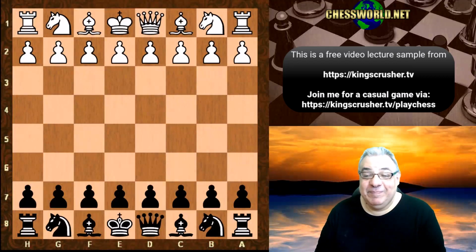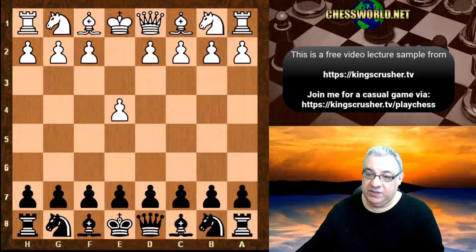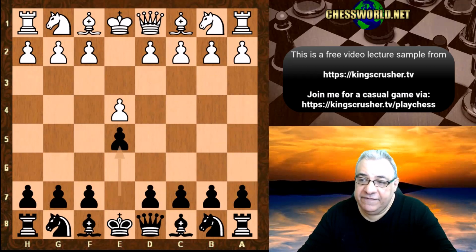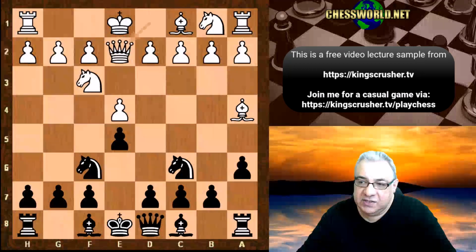Hi there. In this lecture we see an absolutely brilliant game. Bukhuti Gurgenidze against Nezhmetdinov, 1957, USSR Championship round 1. We see e4 from Gurgenidze, e5 from Nezhmetdinov, knight f3, knight c6, bishop b5, we have a6, bishop a4, knight f6, queen e2, and now